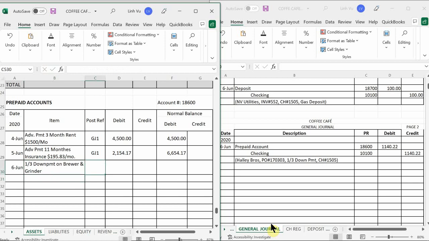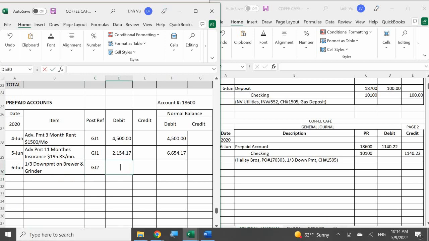Okay. We are now on general journal page 2. We started a new page of our journal. Okay. We have it for 1140 and 22 cents. So therefore, we added to our